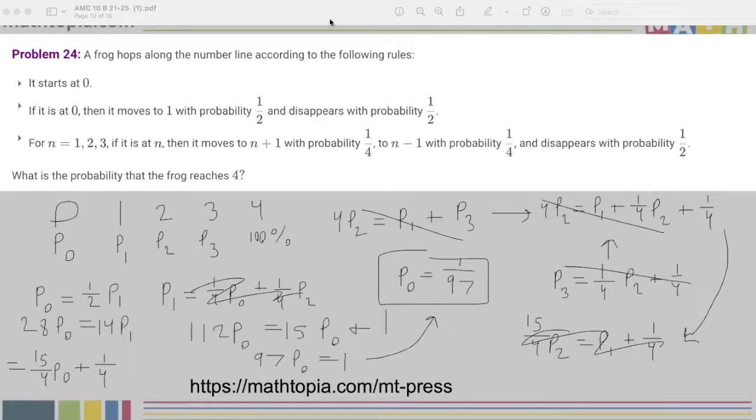In general, this method of creating probabilities and finding formulas that connect them with each other, this is called